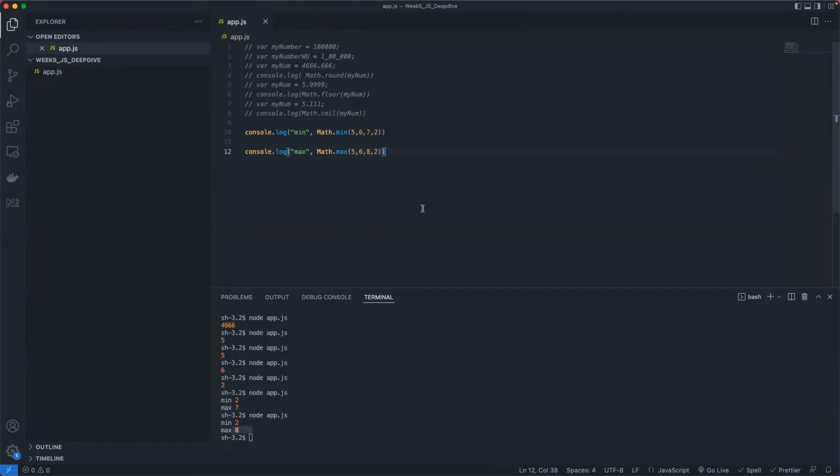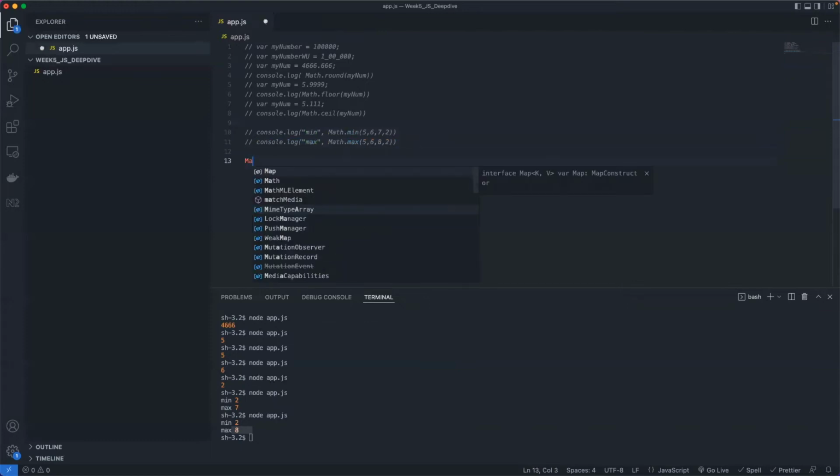Okay. So next important thing for you is random. Pretty handy. A lot of times Math.random comes in very handy. Okay, this method,